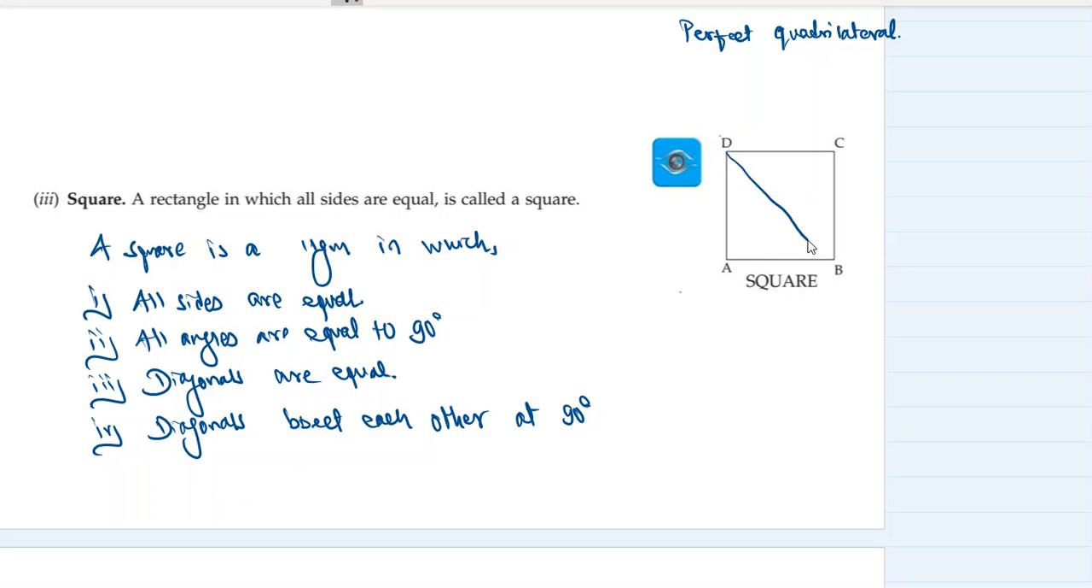मैंने बनाया नहीं यहाँ पे, but if you want I can make it for you. So these are the diagonals AC and BD. They bisect each other at right angles and they are equal to each other. मतलब AO, OC, OB, OD सब इक्वल है एक दूसरे से, और ये 90 डिग्री पे इंटरसेक्ट भी करते हैं, और ये सारी साइड्स भी इक्वल है, और सारे एंगल्स भी इक्वल है जो कितने हैं, 90 डिग्री, ठीक है।